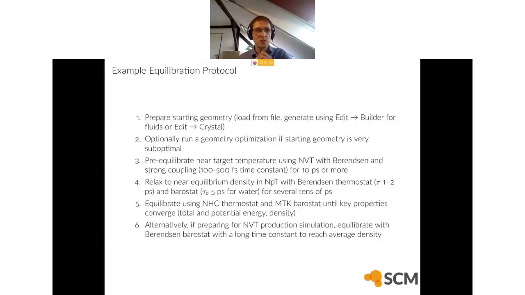So if we would want to see an example protocol for equilibration of a typical system, it could look something like this. This is just an example. Of course, there's a lot of different standard protocols for different kinds of systems, but you would always somehow prepare the starting geometry, either load it from somewhere or generate it in the GUI using the builder or the crystal tools. Then you could think about running a geometry optimization if you suspect that your initial geometry is very suboptimal